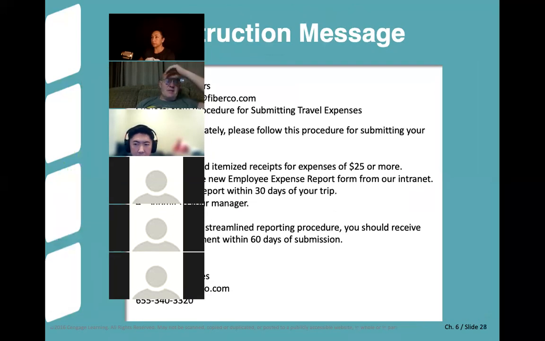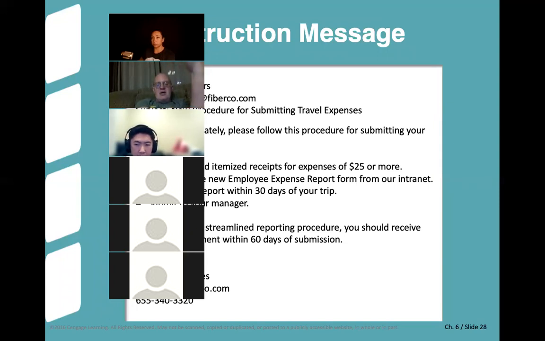So here's an example. This is being written to staff members from Kay Warner at Fiberco. The subject is a new procedure for submitting travel expenses. Effective immediately, please follow the procedure for submitting your travel expenses. 1, 2, 3, 4, right? Now look at the verbs.